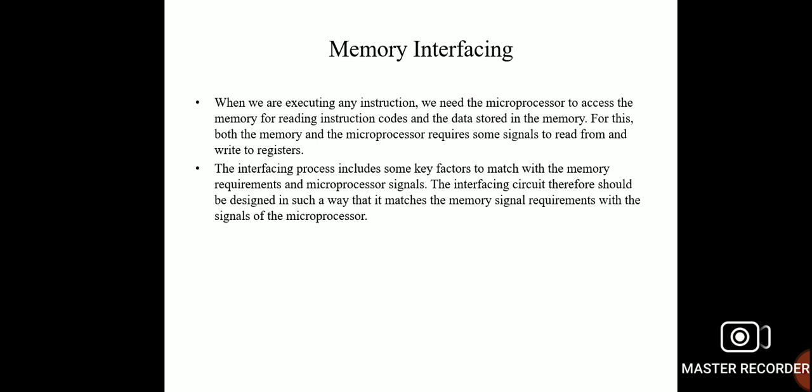The 8086 is a 16-bit microprocessor having 16 data lines, and each memory location holds only 8 bits of data. It becomes necessary for two memory locations to supply one word of data during each memory access. So the total memory of the 8086 is divided into two memory banks, one having all the even address locations, called the even bank, and the other having all the odd address locations, called the odd bank.